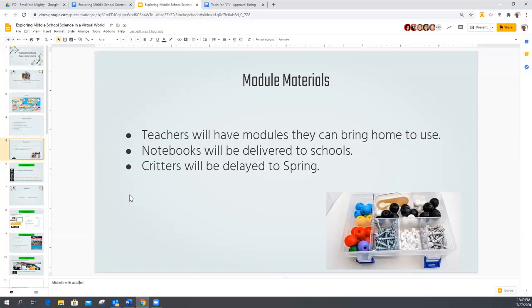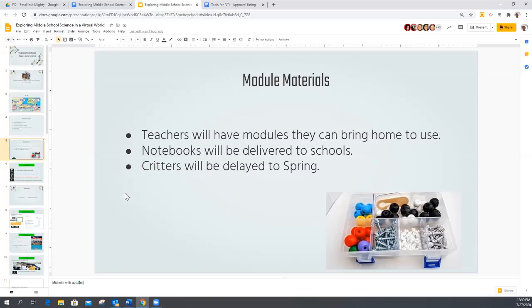If we get to a point in the spring that we're back to face-to-face, we would have the critters delivered at that point, and then you would just have an opportunity to put them in there. Yes, they would be out of context, but hopefully it would be almost a good review for students to go back and be able to do some of those things at that point.